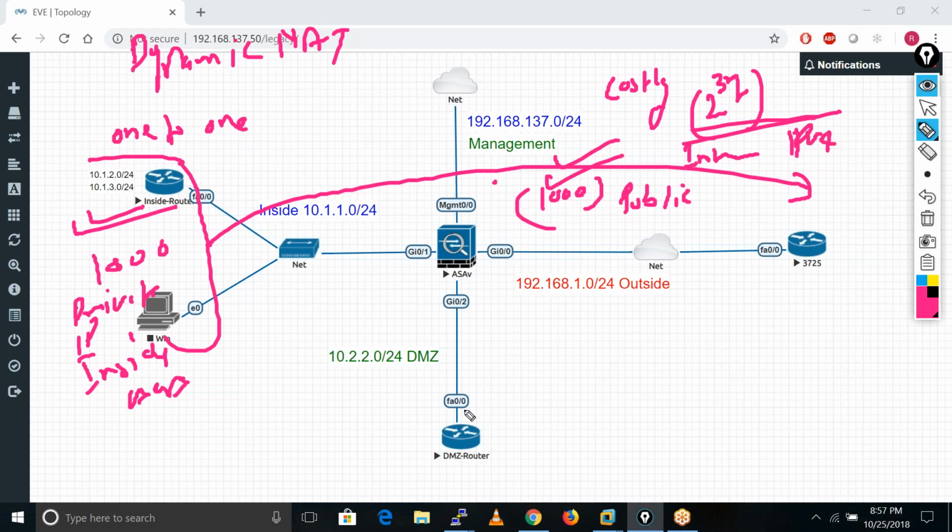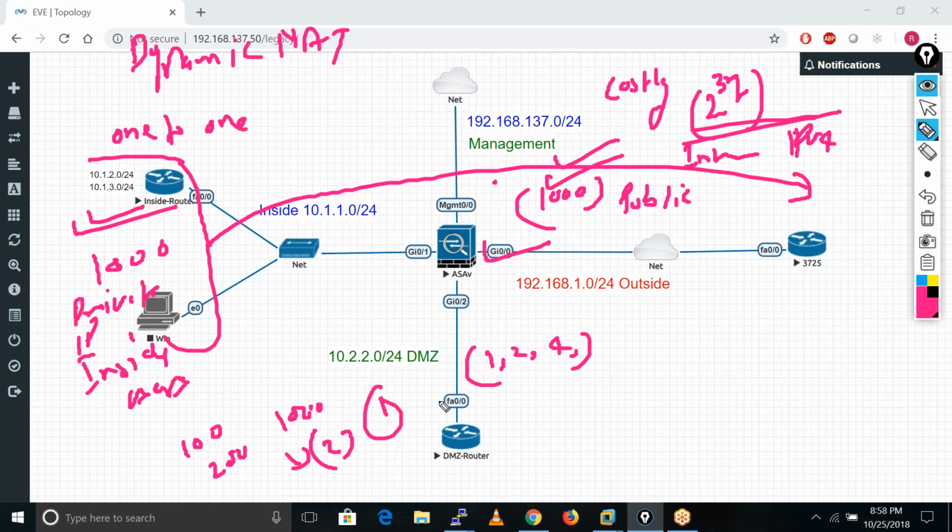So the thing is, every company has around one IP address or two or four. It depends on your organization, right? A small organization with 100 users, 200 users, up to 1000 users may have only two public IPs. One is configured on the outside interface, and the other they use for hosting their servers. A very big organization like Facebook or Microsoft has around 1000 public IP addresses because they have offices in lots of locations, right? So they need around 1000 public IPs.